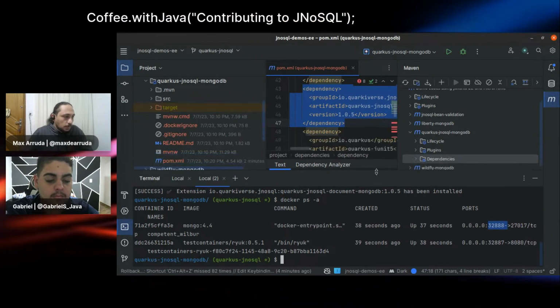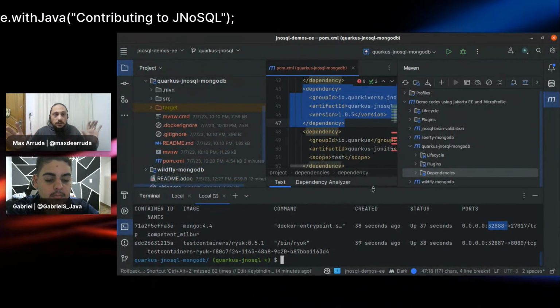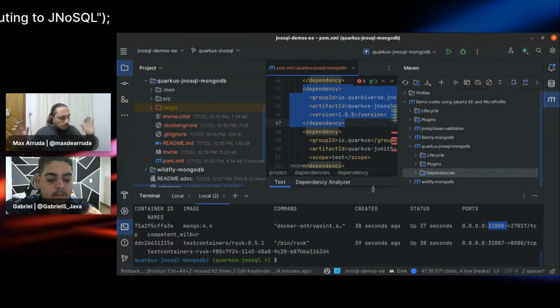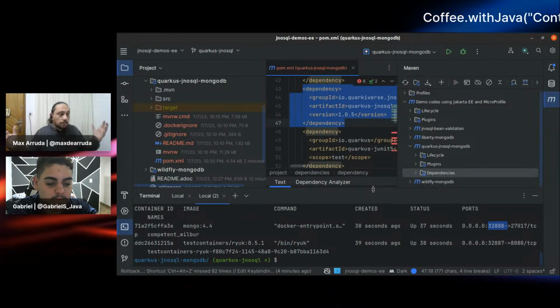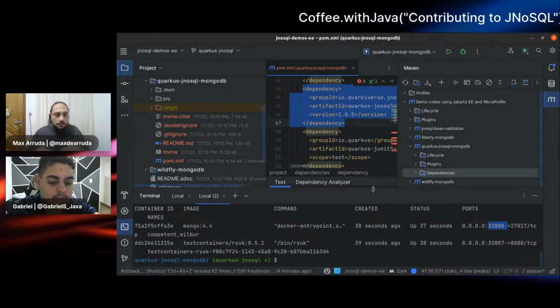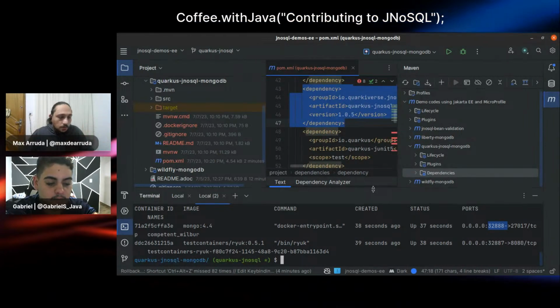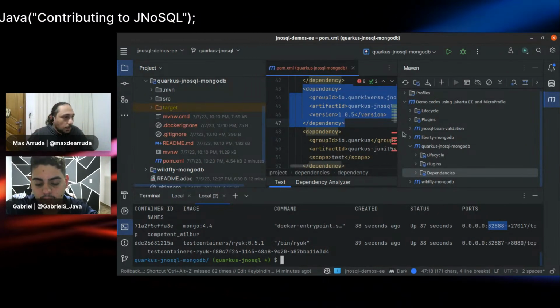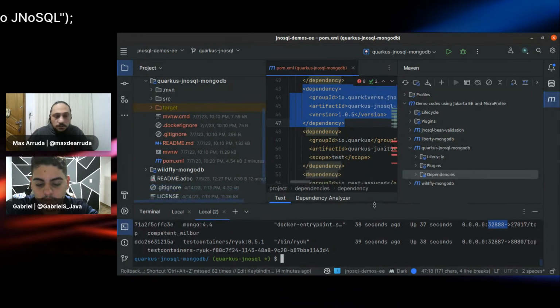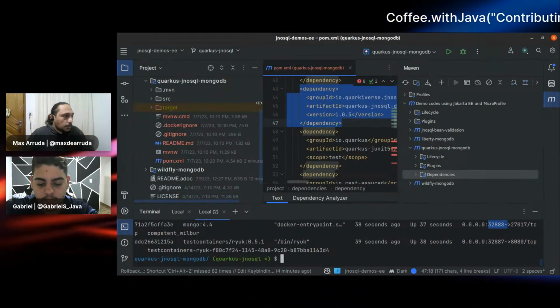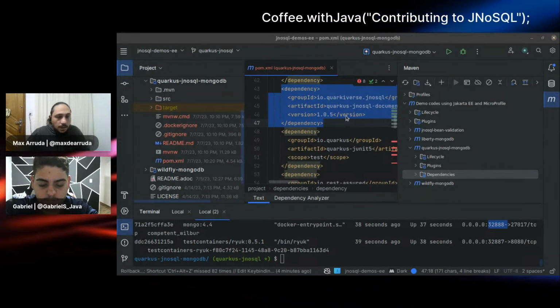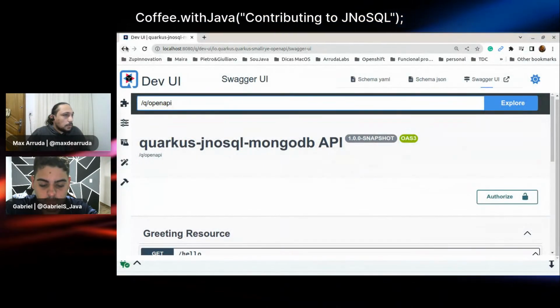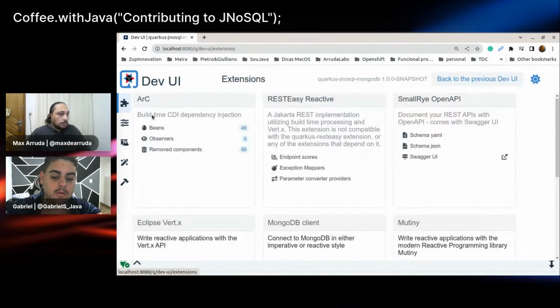It's amazing because we don't need to handle container instances in our Docker environment on our local machine. So we don't need to care about that. The Dev Services handle those things for us automatically. And we can see that on the Dev UI. If you go back to Dev UI, we can